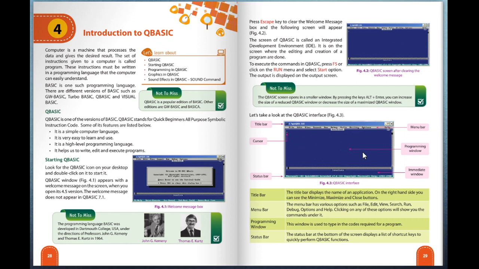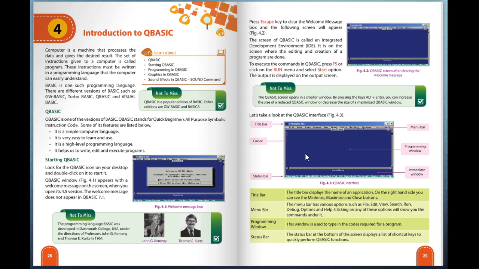Next is the programming window. The window is used to type in the code required for the program. Status bar: the status bar at the bottom of the screen displays a list of shortcut keys to quickly perform QBasic functions.